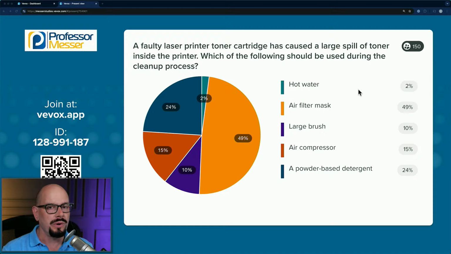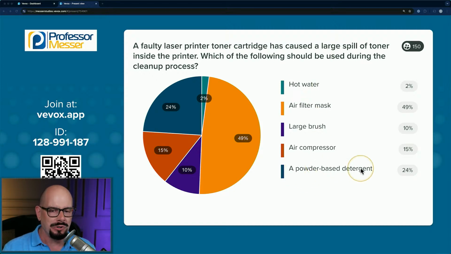When you send it through the printer, if you recall, one of the last steps of the printer process, if we go back to our Core 1, that last step takes and melts the toner granules onto the page and pushes them on there so that you are permanently affixing them to the paper. So you don't want to accidentally permanently affix your toner inside the printer itself. Bad idea.